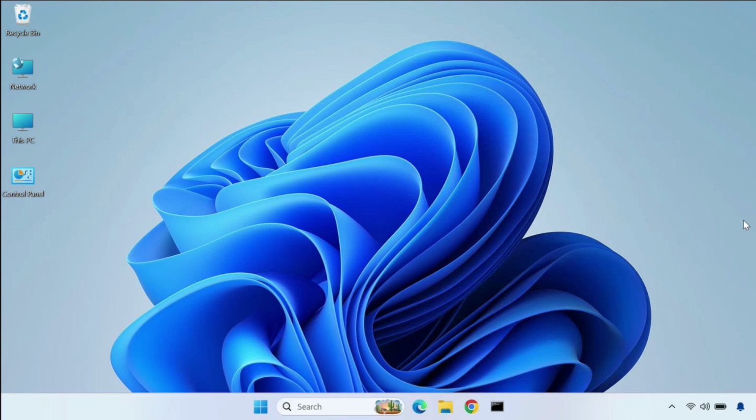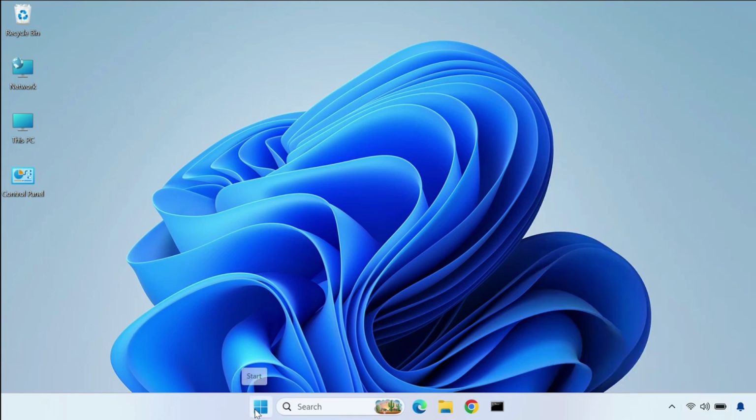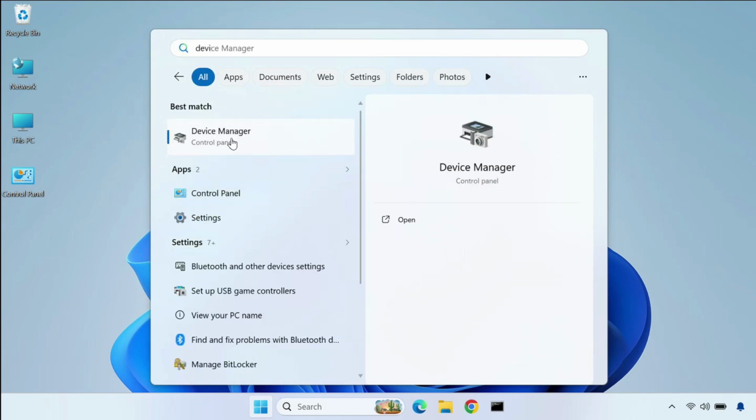Dell Wi-Fi is missing from here, it's not showing. Okay, so how to fix? So first method, click to start, type device manager, open it,